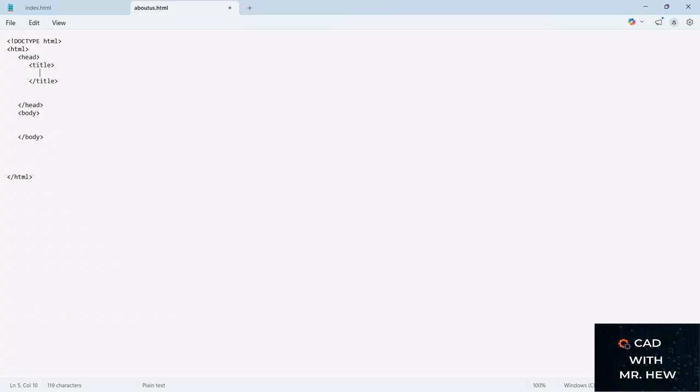So we can probably type About us, and then in the body we can use the header. If you want to put the comment, you can, but this is what it would look like without the comment. So we can write a heading. When I use a heading tag H1,